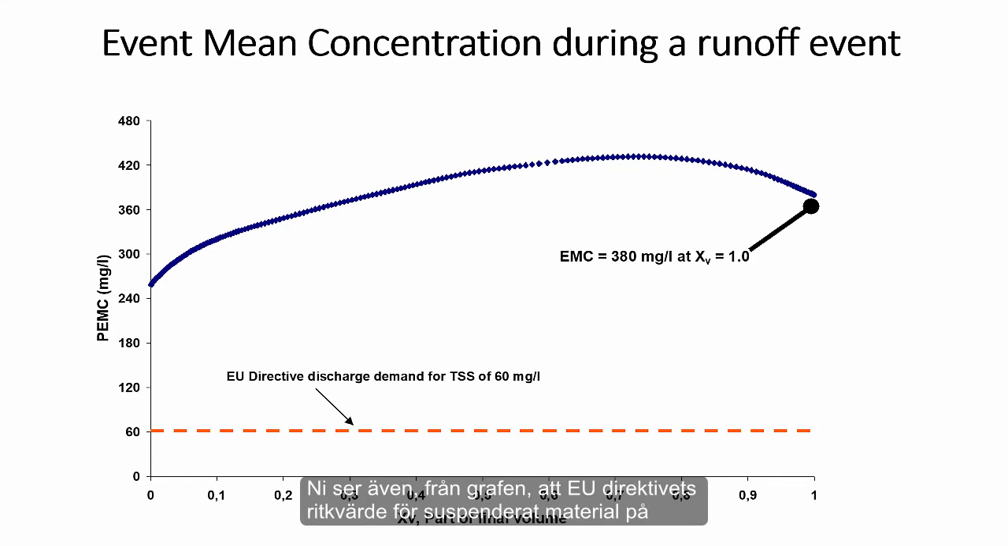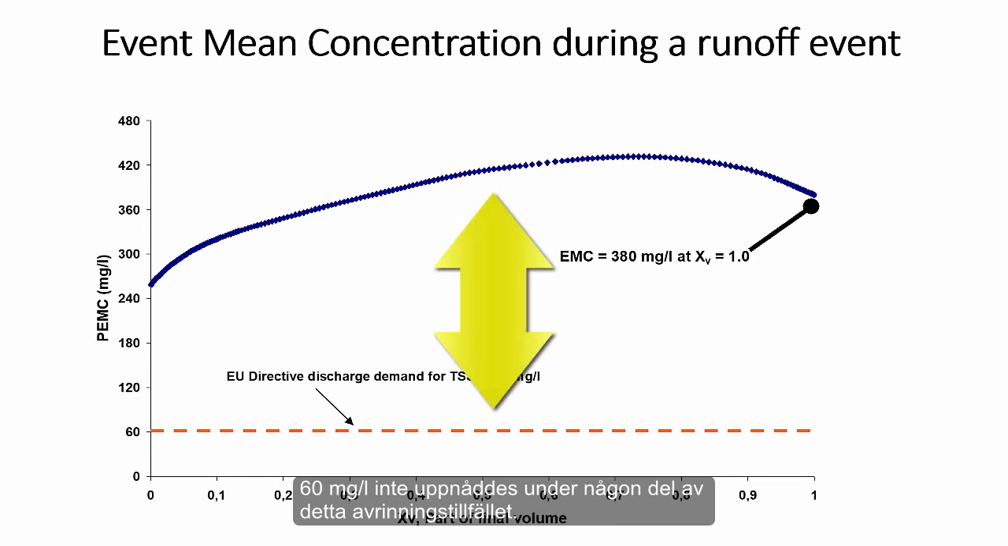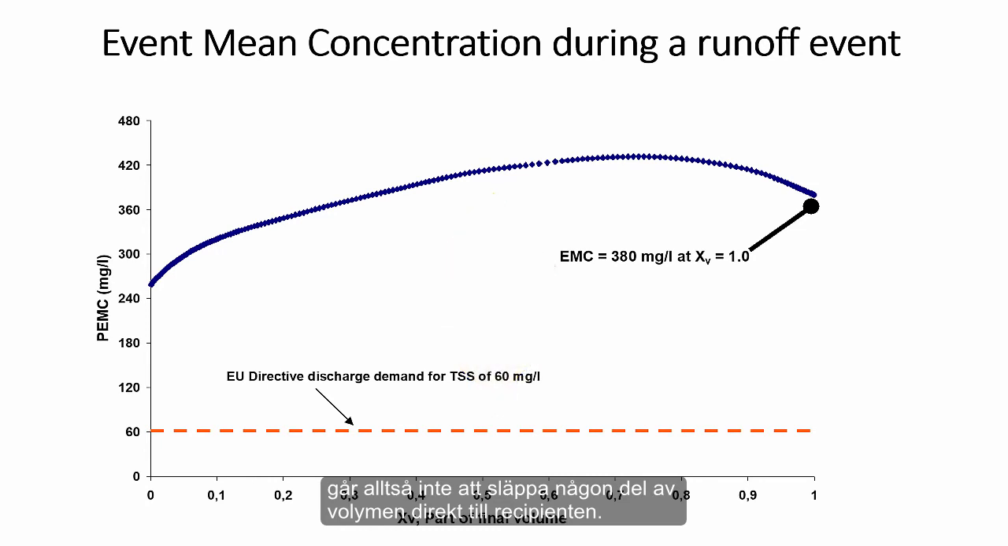You can also see that during no time of the runoff event, the concentration in the runoff was below the reference value of 60 milligrams per liter. The result, quote unquote, for this single runoff event would be that we had to treat the complete volume of the road runoff. To exemplify, if we look at a